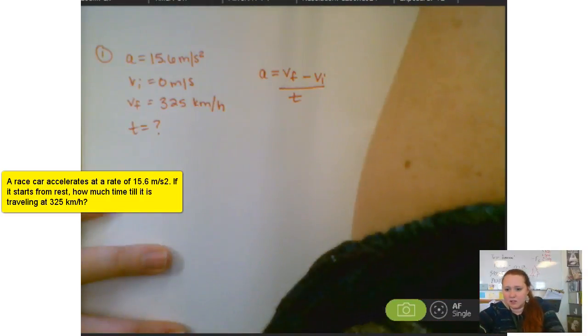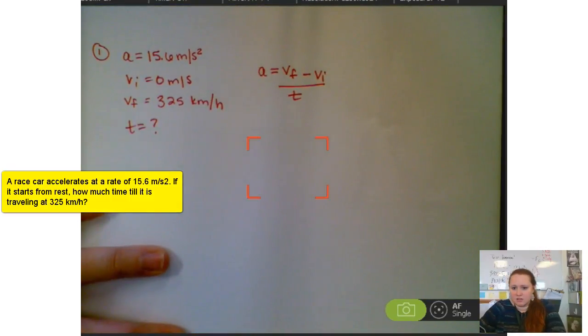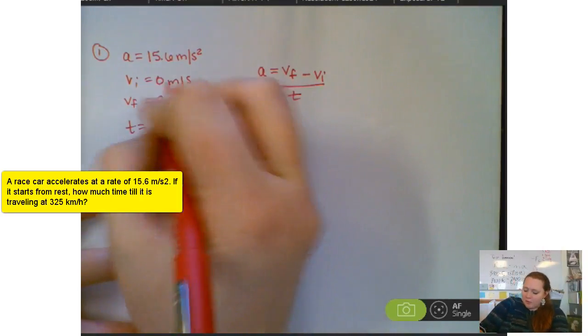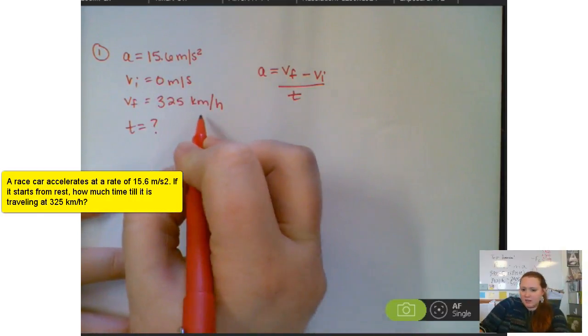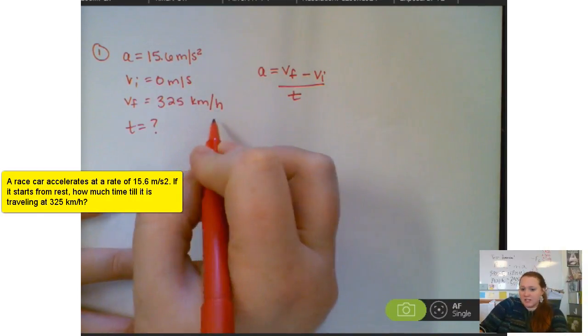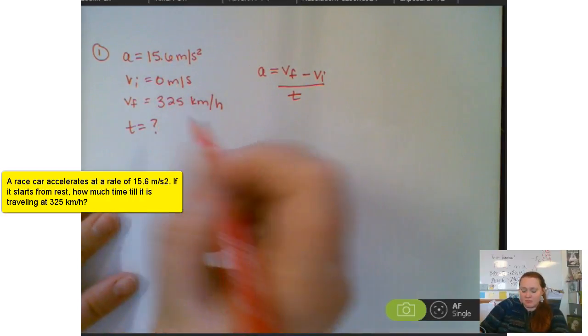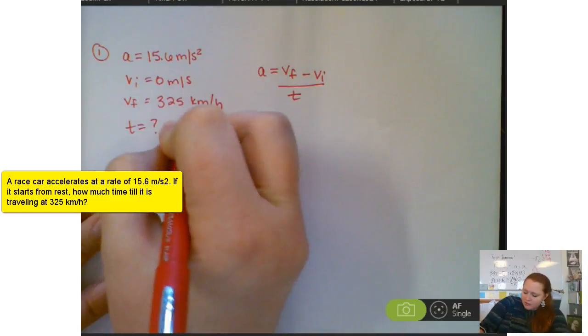Now, I do see one problem here. Let me see if I can get this to focus here. Okay, I do see one problem, and that problem is here I'm dealing with meters per second and meters per second, but here I have kilometers per hour. So the first thing I do before I plug in any numbers, I need to make sure all of my units are in meters per second. So I'm going to convert this here,